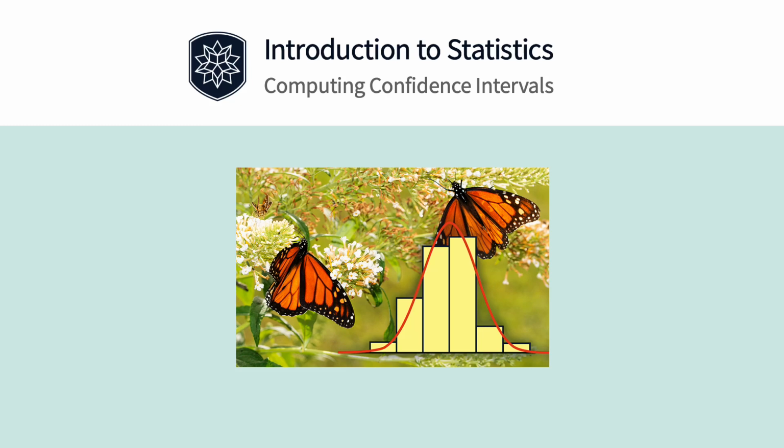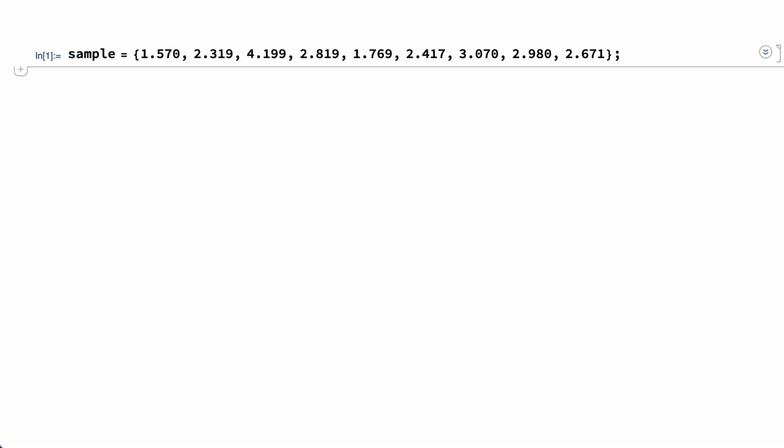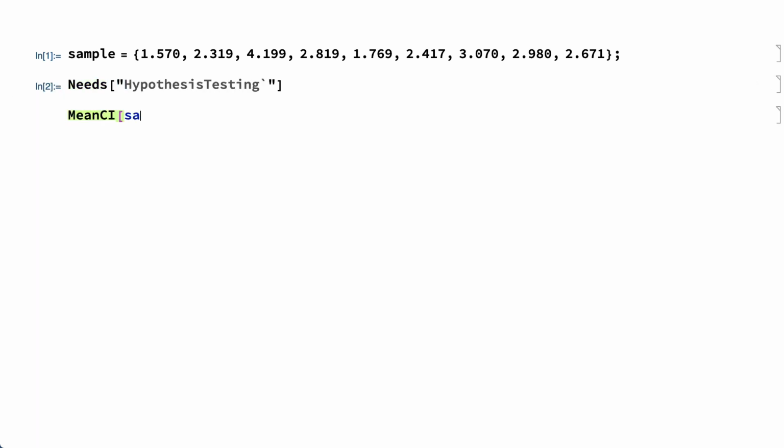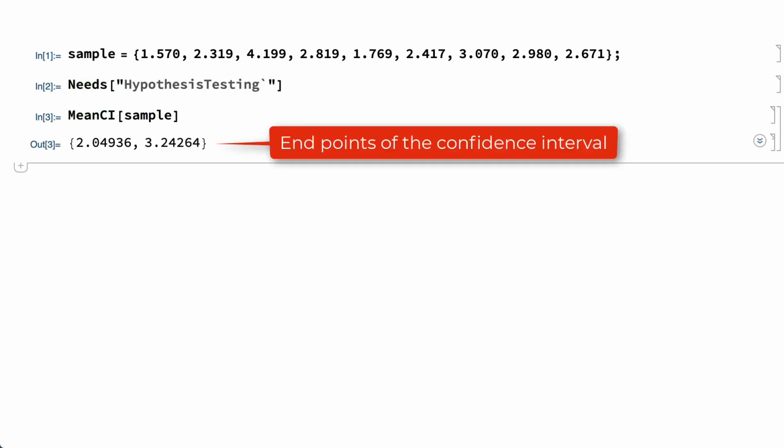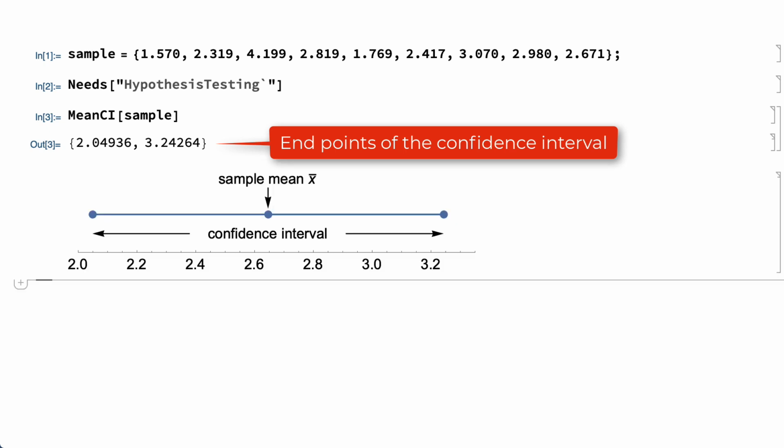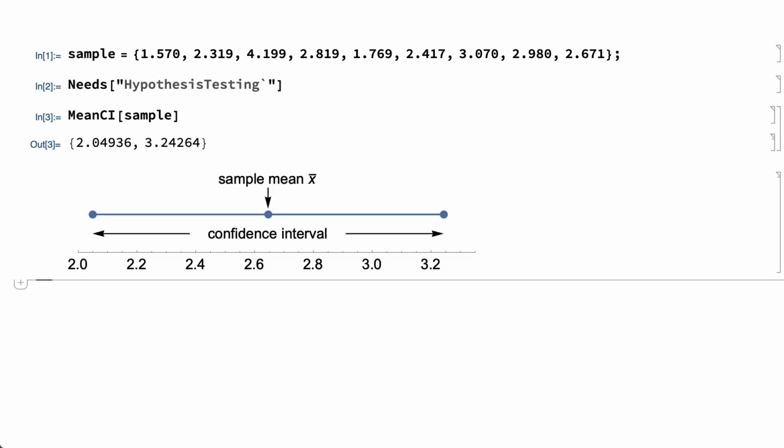The previous section showed how to get a confidence interval for the mean of a population by starting with a sample like this one and applying the mean CI function, which returns a list giving the endpoints of the confidence interval. Here's a number line plot of the confidence interval with the sample mean shown as a dot in the middle of the interval. Inside the mean CI function, the confidence interval is computed using a formula like this one,